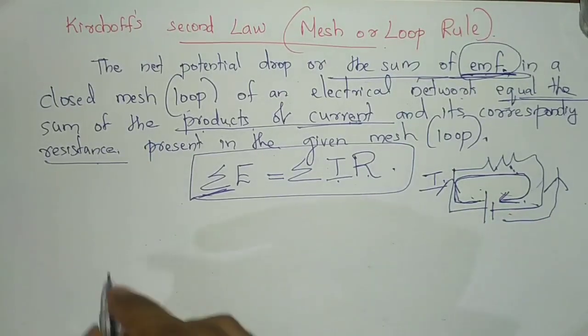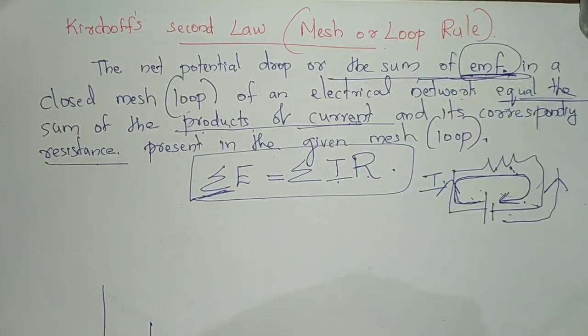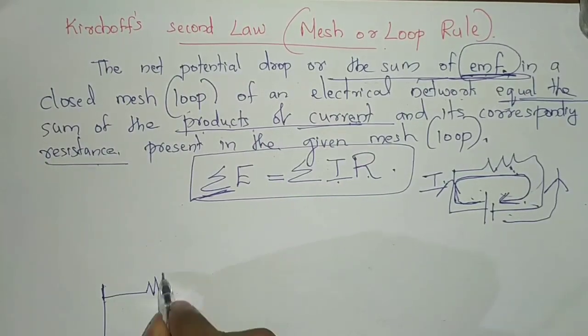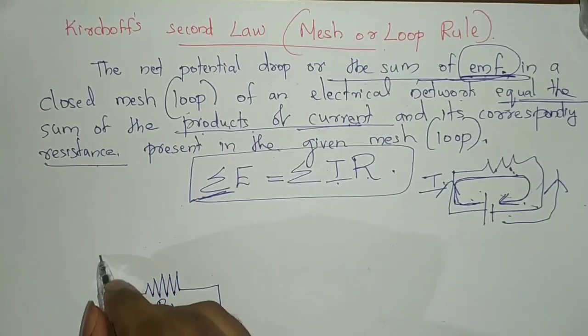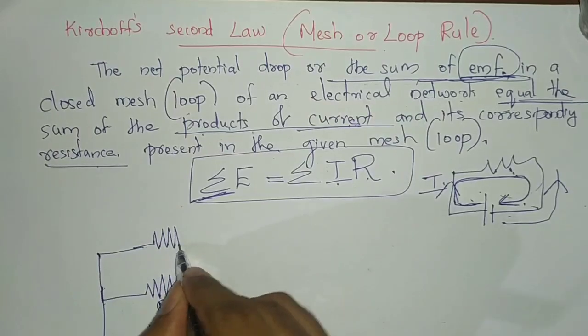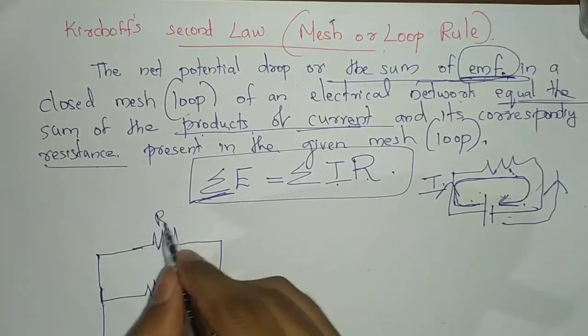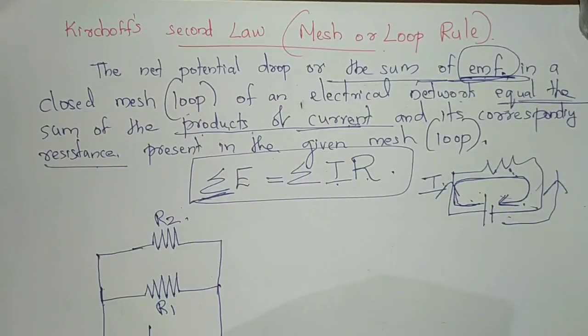So let's see an example here. I will show one simple network. That means a positive, negative cell. Then here there is a resistance value. Okay, resistance, I am naming it as R1, and here another resistance is being connected. This one can be taken as R2, and this one is an electrode, correct? This one is an electrode. I am naming it as E.